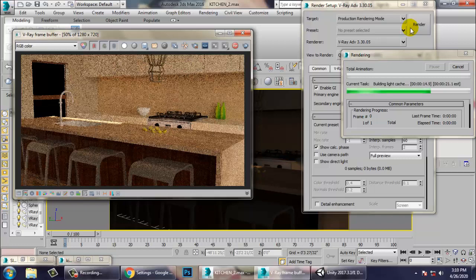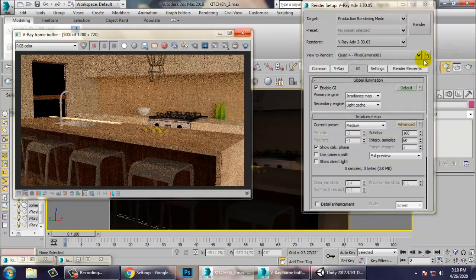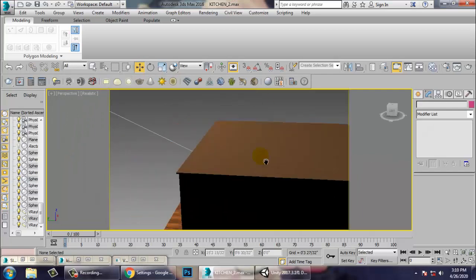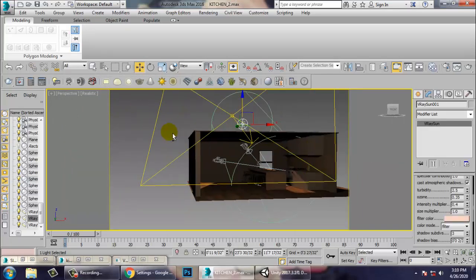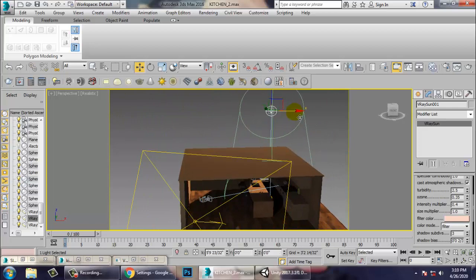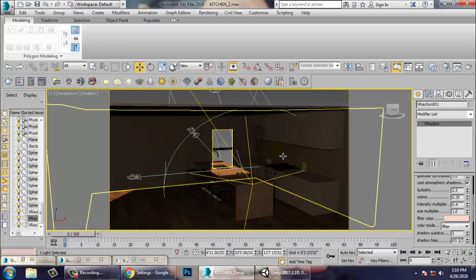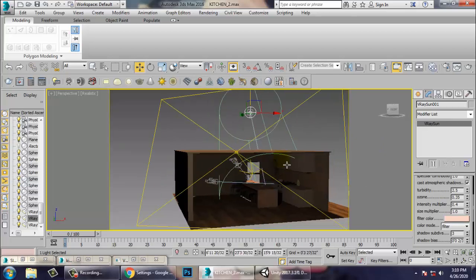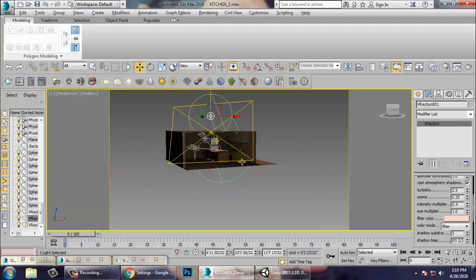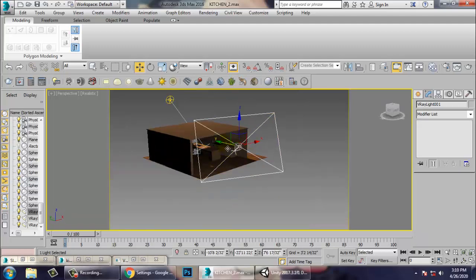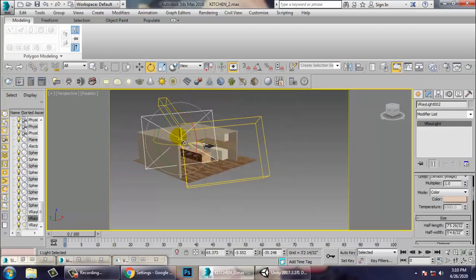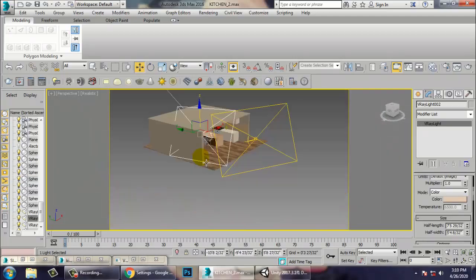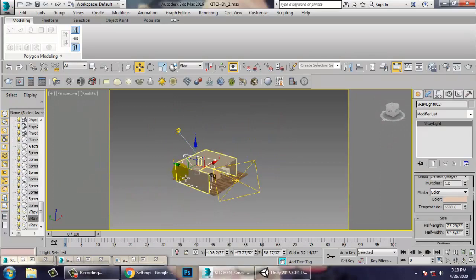We need to put something in the background, and also we'll change a bit of the light direction over here. So we'll just change the light direction to here like this, and we'll push it up. And also we need one more light. We need one more light that will be your fill light, which we are going to assign over here.